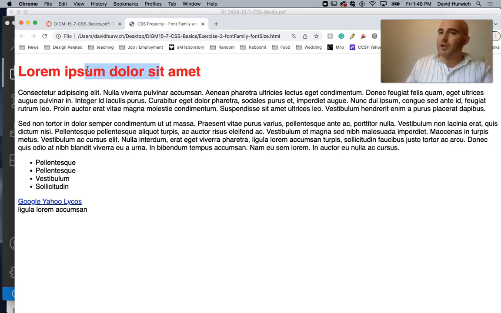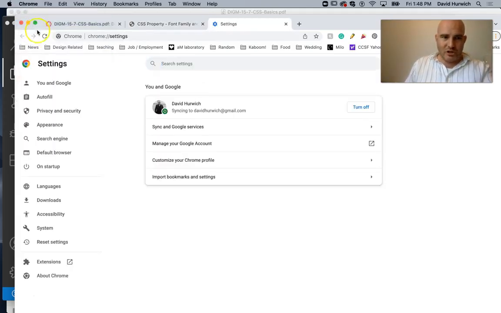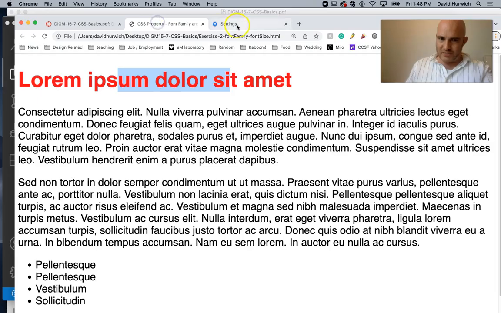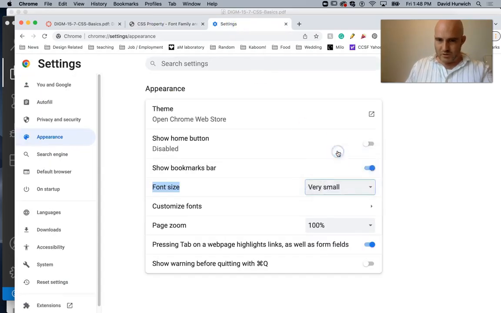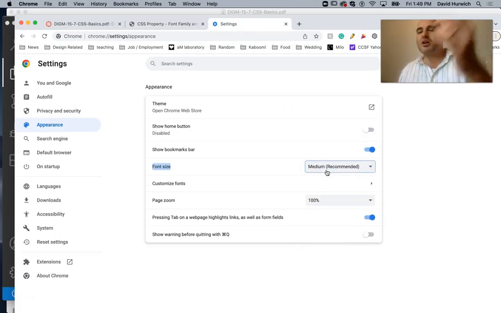But what if I wanted to change the size of my font? Typically, your font size is actually dictated by the browser itself. If you go to Chrome or Firefox or whatever, usually there's an appearance section. And see how it says font size here under appearance? If I change this, you can see that my text is either growing or shrinking, right? So the browser itself could set the size,